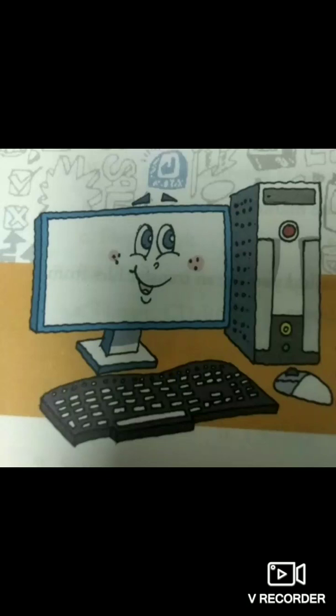There are 5 fill in the blanks, from 1 to 5. You have to do them by yourself with the help of the answer keys written at the top of the fill in the blanks. You have to choose the word and fill it. Do it as your homework. After that, in the next class we will discuss the rest of the portion along with these fill in the blanks also.